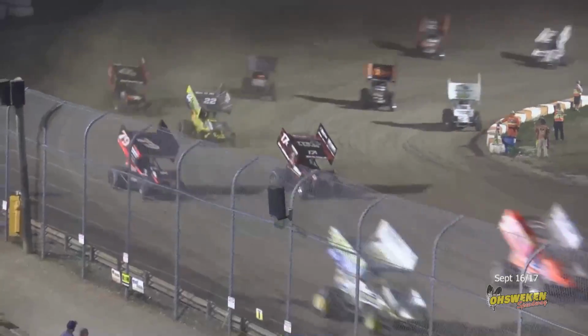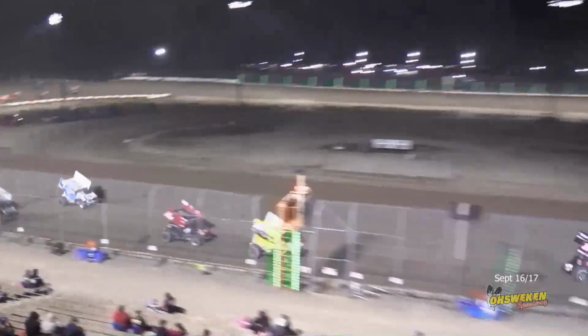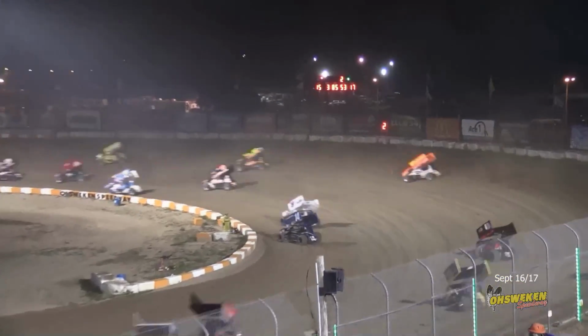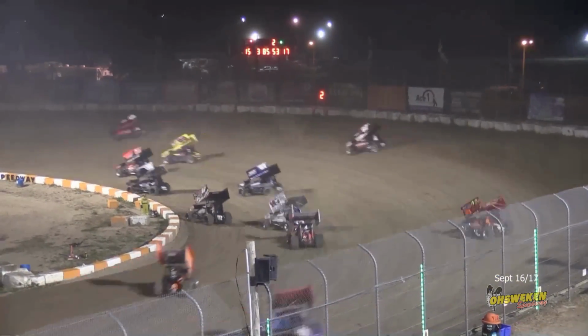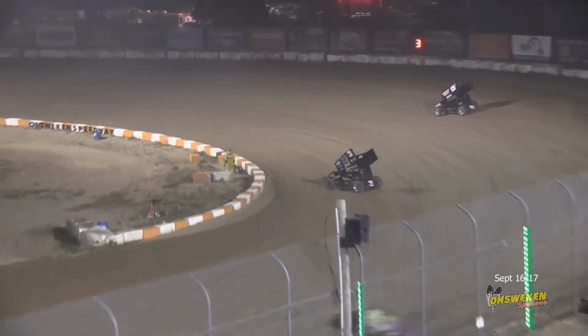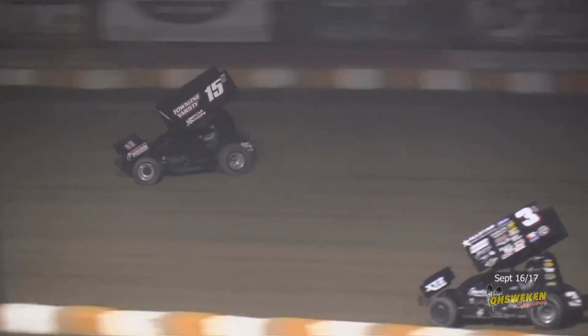Haferteep out in front by 10 car lengths over Macedo. Dustin Daggett settled into third. They're side by side for fourth. Daggett's on the top groove, right where we expected him. Macedo starting to cut into that gap that Haferteep had opened up early in these laps here, as those two have broken away. Best battle right now in the top 5 is for the 4th spot between Jordan Thomas, Jared